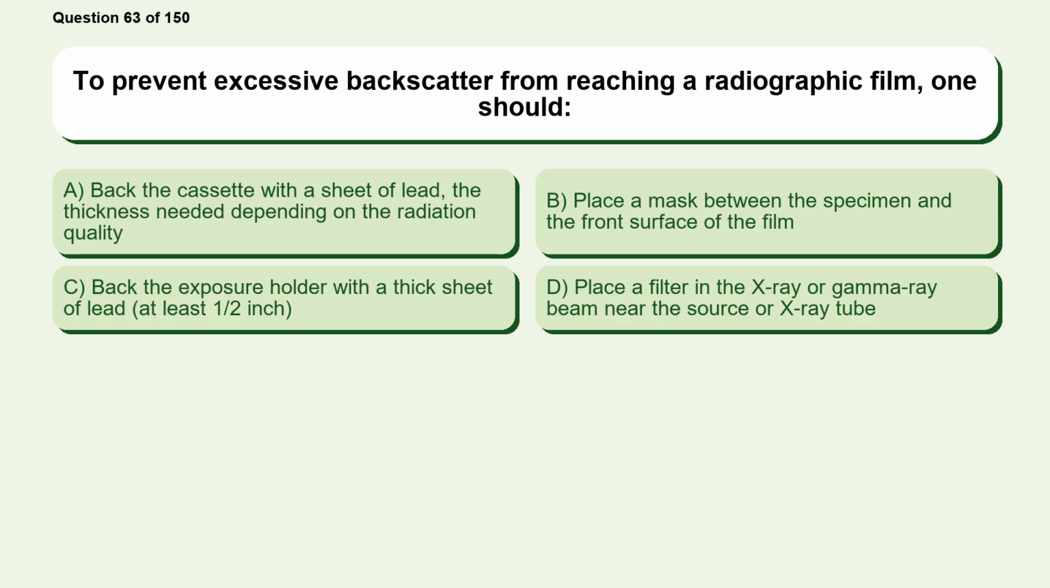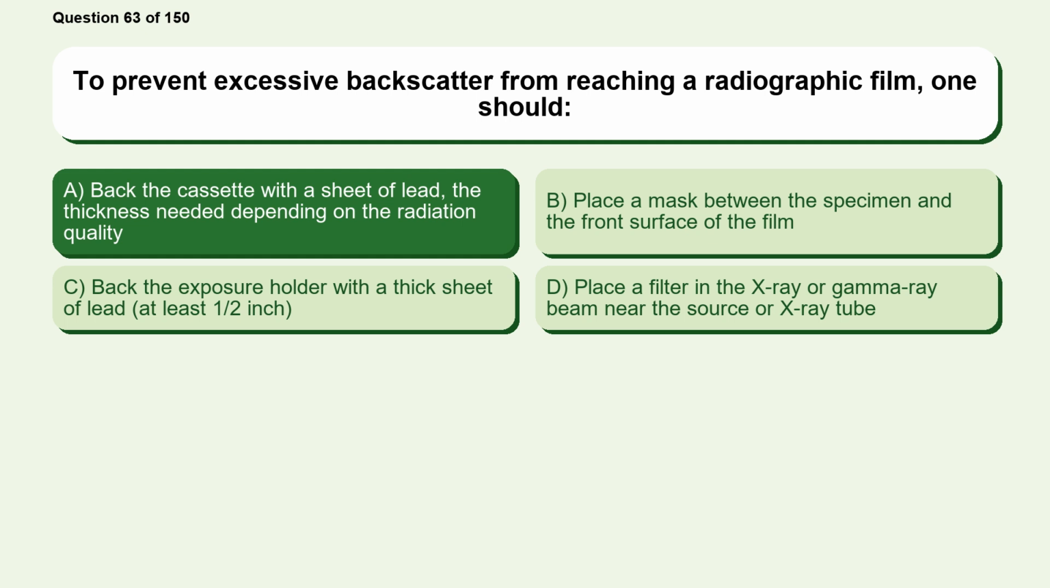Question 63. To prevent excessive backscatter from reaching a radiographic film, one should: Option A, back the cassette with a sheet of lead, the thickness needed depending on the radiation quality. Option B, place a mask between the specimen and the front surface of the film. Option C, back the exposure holder with a thick sheet of lead, at least 1/2 inch. Option D, place a filter in the X-ray or gamma ray beam near the source or X-ray tube. The correct answer is option A, back the cassette with a sheet of lead, the thickness needed depending on the